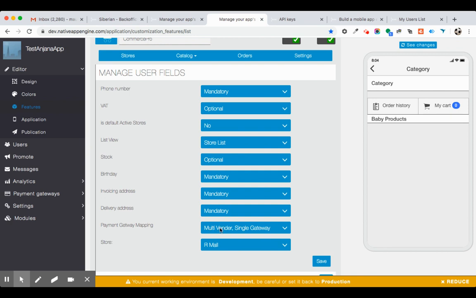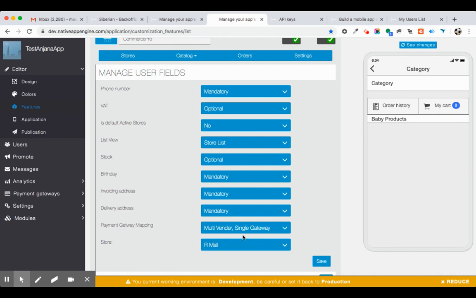So in multi-vendor single gateway, your gateway will be used. The first store that you create will be used as the payment method, and then you need to handle the payments for the vendors. Right now we are not calculating the commission, but in future we want to add that as a feature. But right now, if you want to manage that on your own, then you can select this setting.